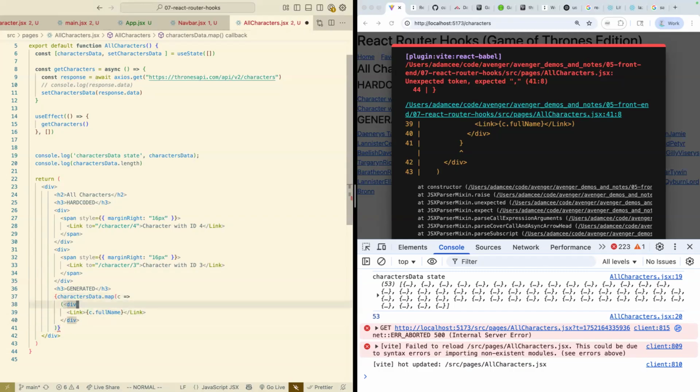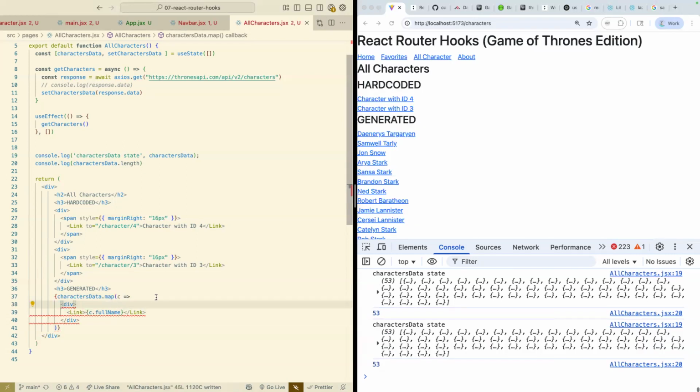Yeah, this is where it's getting a little funky with the syntax, though it still works. Right, missing key prop, excellent point. Not the problem, but definitely something that we need. So we'll just do c.id. So this is where this clearly should be its own component, and it'll make it way less likely for me to have an error here. And so now we can do link to character slash c.id. And with luck,